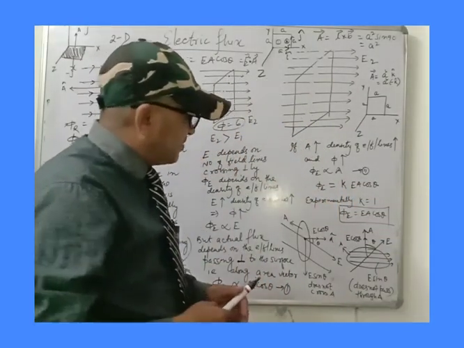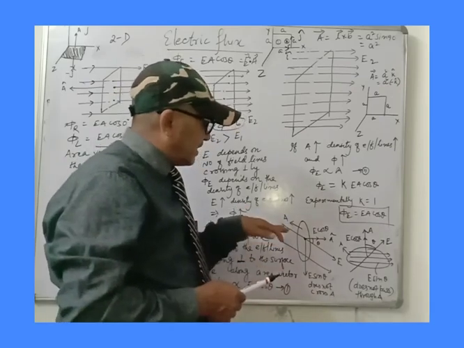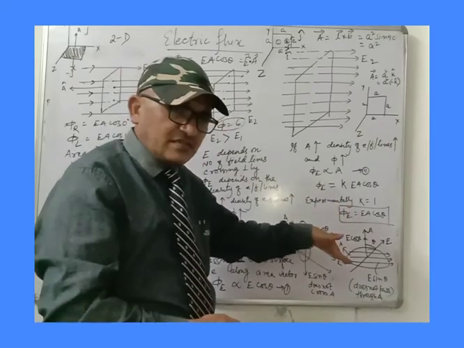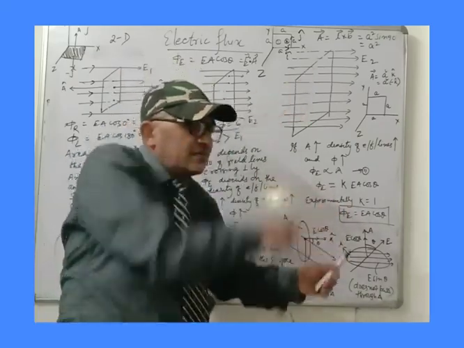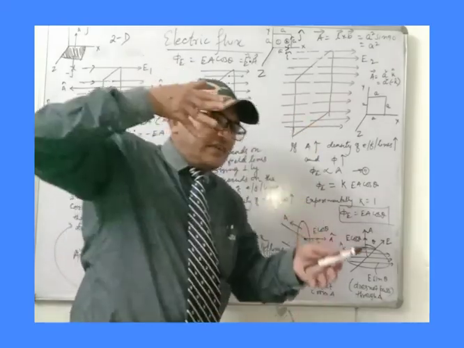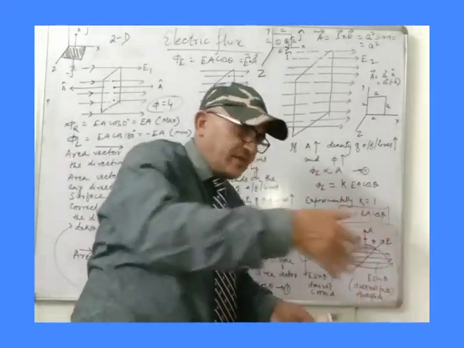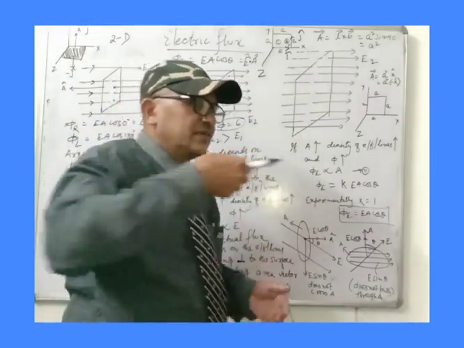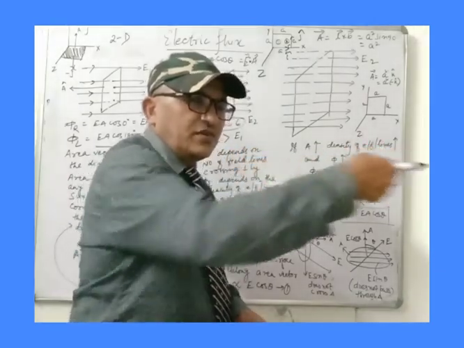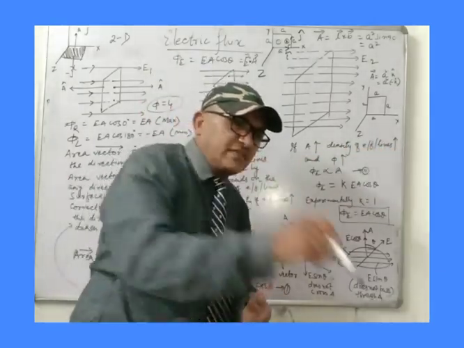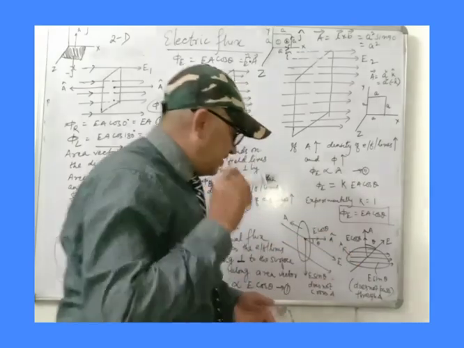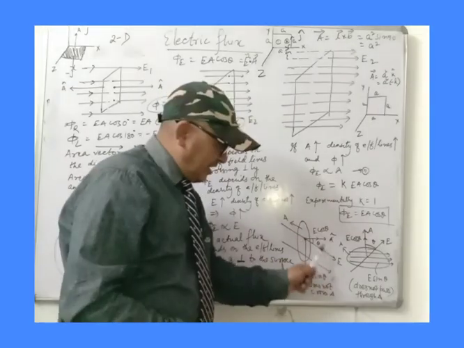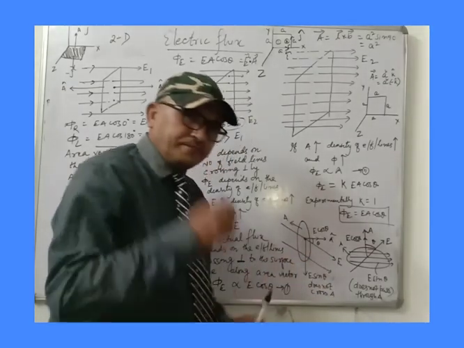But if you think that the electric field lines are not like this, they are like this. This is the area, and the electric field lines are like this. Now if this is the area, then the area vector will be this way, straight outward, and the electric field lines are this way. It means this is the area vector and this is the electric field. The angle between the area vector and the electric field is theta.